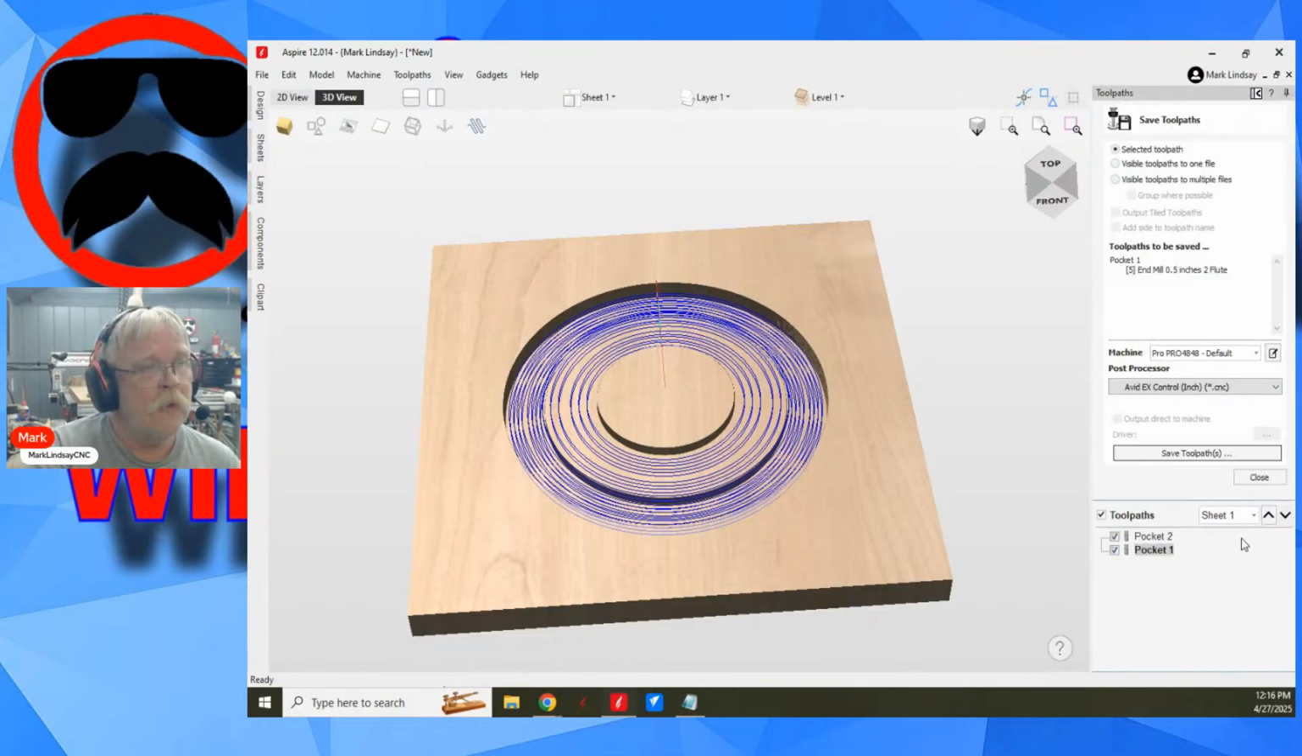Let me go up here and select visible tool paths. It's going to let me save them as one, but that's because my post processor allows for a manual tool change. So it'll run the 1/4 inch bit, then it'll lift out of the material and tell me to do a tool change. If your machine will not do that,